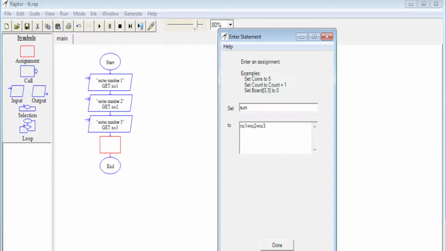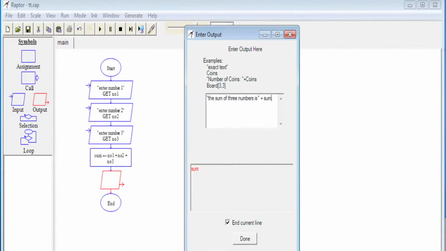In our case, let us type number 1 plus number 2 plus number 3. You may see these things on the screen now, and now press done. You can also use the autocomplete facility to choose the variable names.